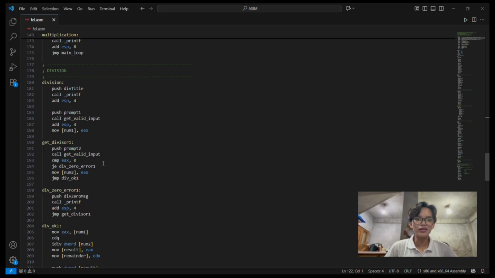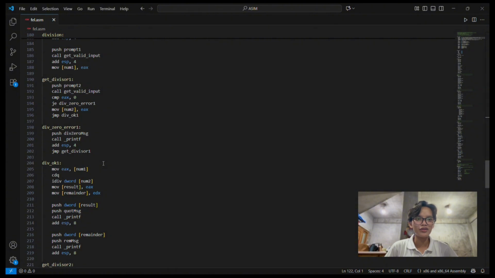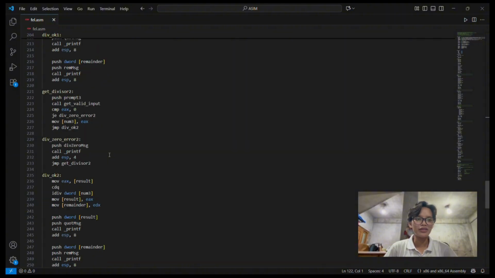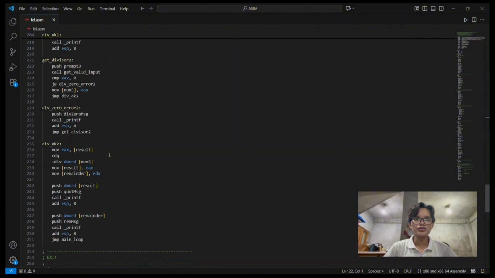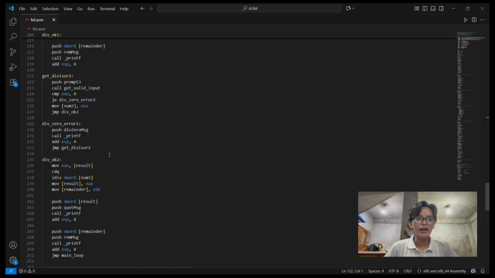And to prevent runtime errors, the program checks if the user enters 0 as a divisor. If that happens, it displays the message, "You cannot divide by 0," and asks for another input until the divisor is valid. So this approach ensures that the calculator runs smoothly and can handle unexpected user input safely.